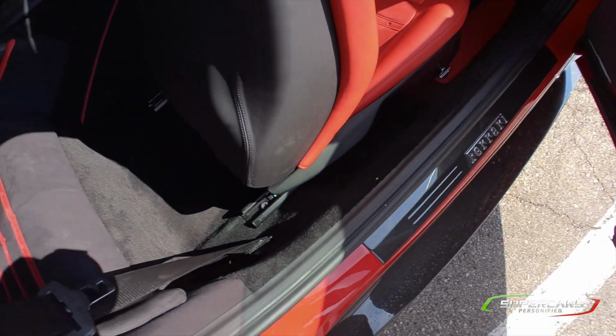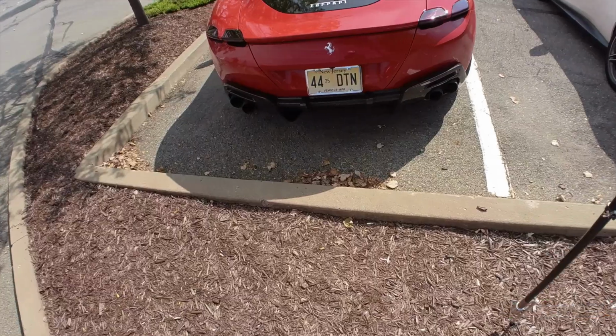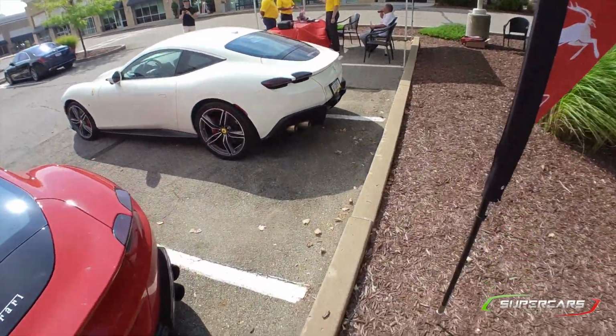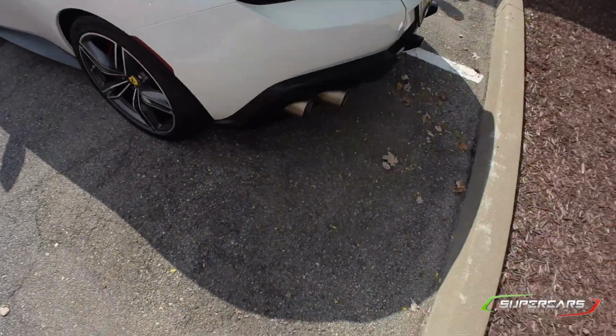Got the JBL speakers. That's what the back seat looks like. This has got the carbon fiber options on this for the diffuser, as opposed to this. And it also has the black optics on the exhaust compared to